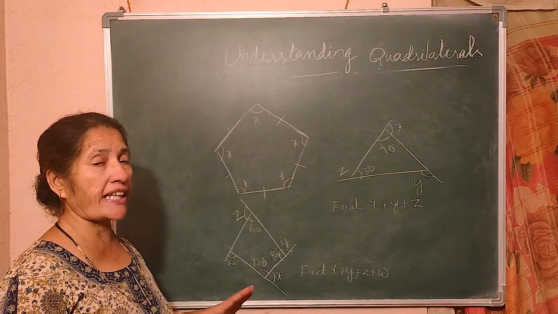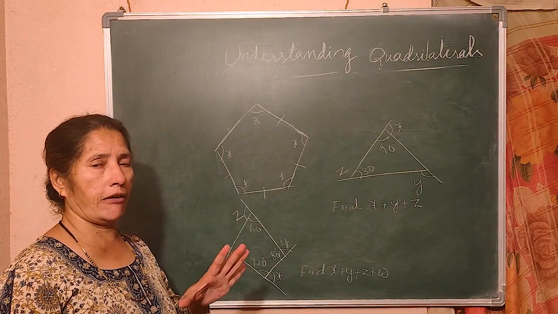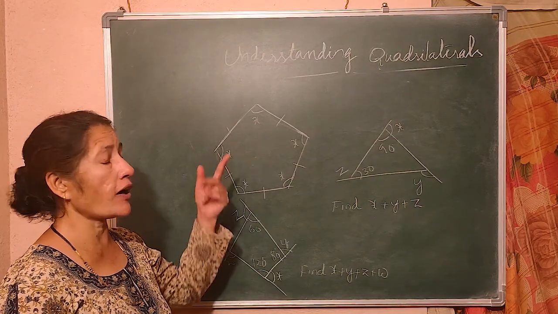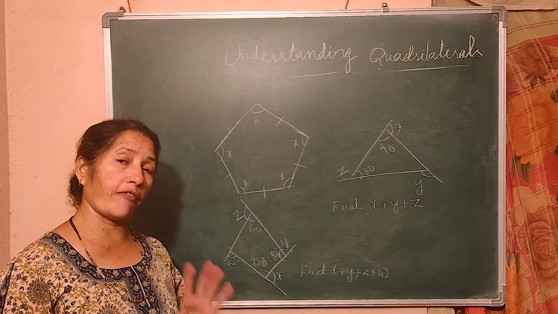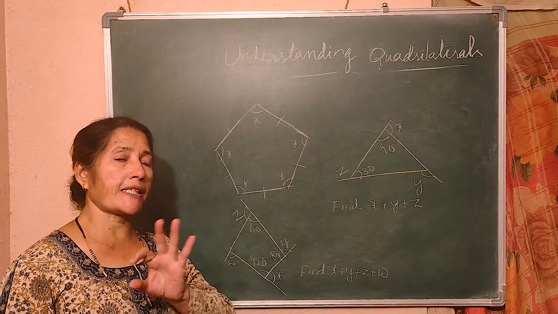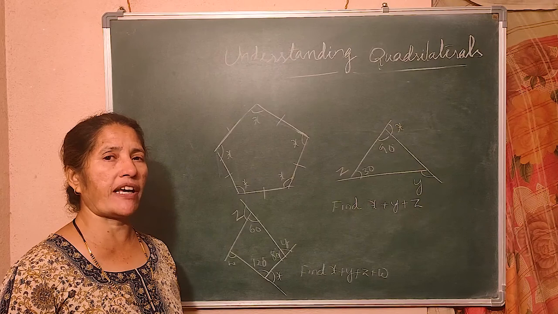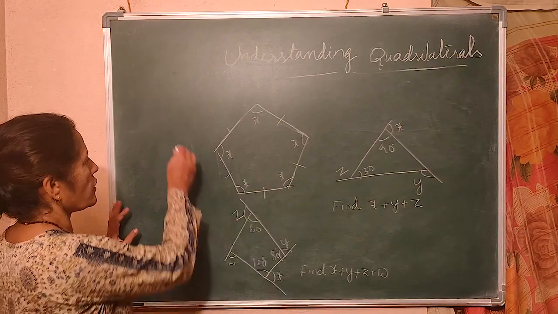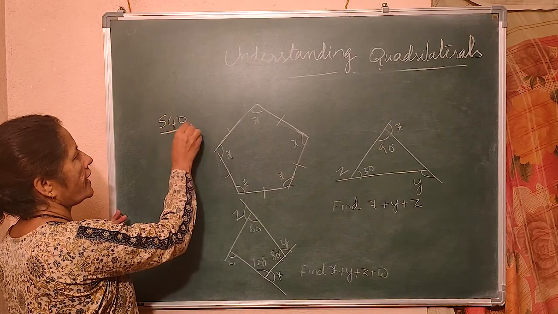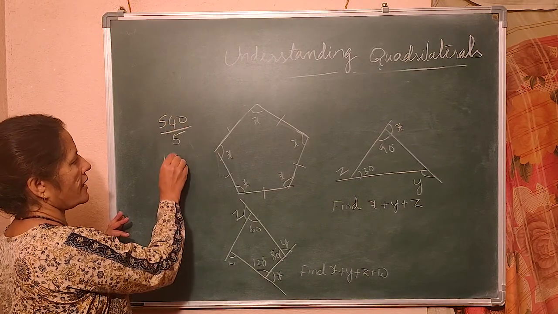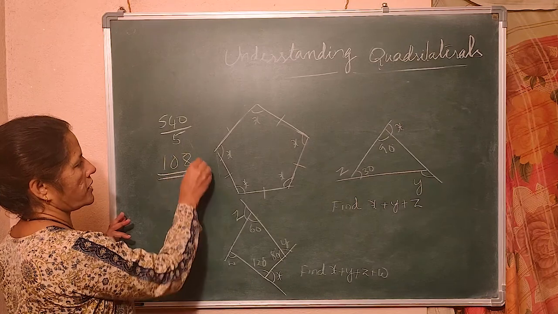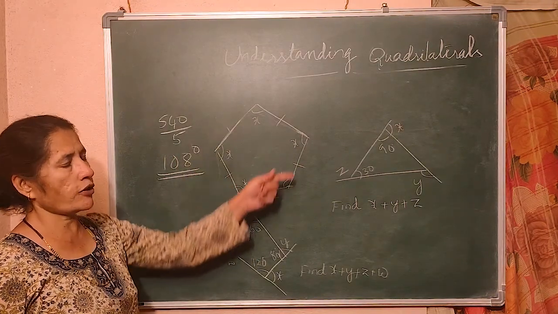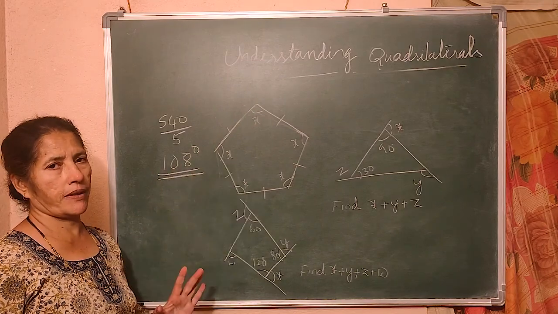So you know what is the sum of interior angles of a polygon having 5 sides. 5 minus 2 into 180. 3 into 180 is 540. So how many angles are there? 5. So 540 divided by 5. 5 ones are 5, 5 eights are 40. So each angle is 108. You understand? Find out the sum divided by 5.